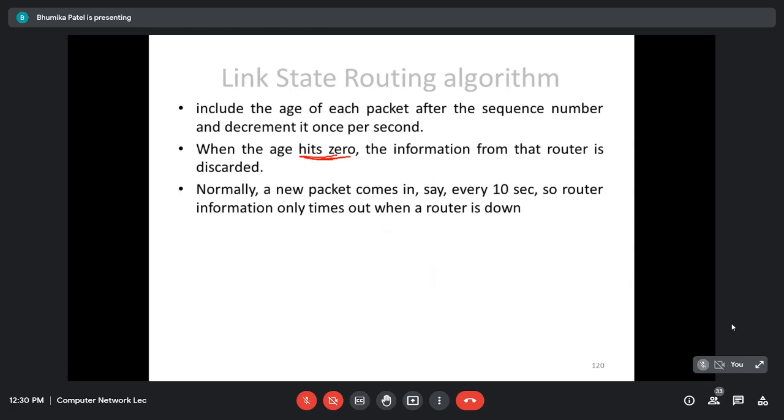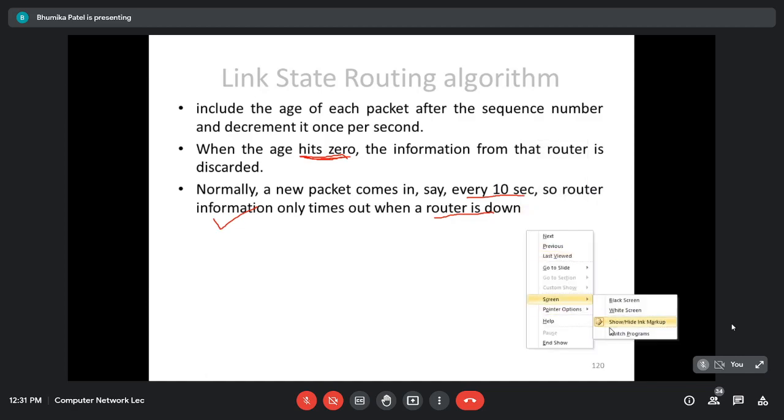Whenever the age is zero, the information from the router is going to be discarded. And normally every 10 seconds a packet is coming from every router, so every time it is getting the message every 10 seconds. So whenever any router is down, at that moment we are going to remove the information of that router.